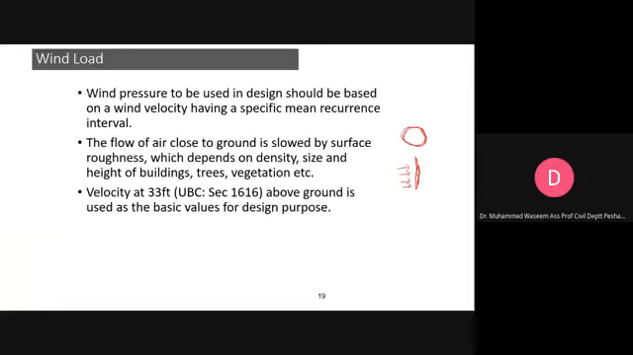wind speed, you have seen that you can use the Bernoulli equation, like this one. So from where will you derive this wind speed? Wind speed, you can use maps. Wind speed maps. And what are they? The wind speed maps or wind velocity maps